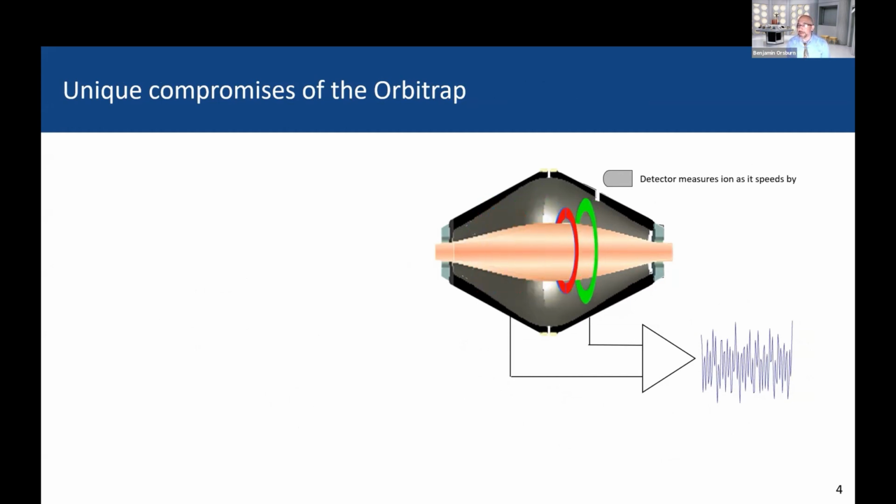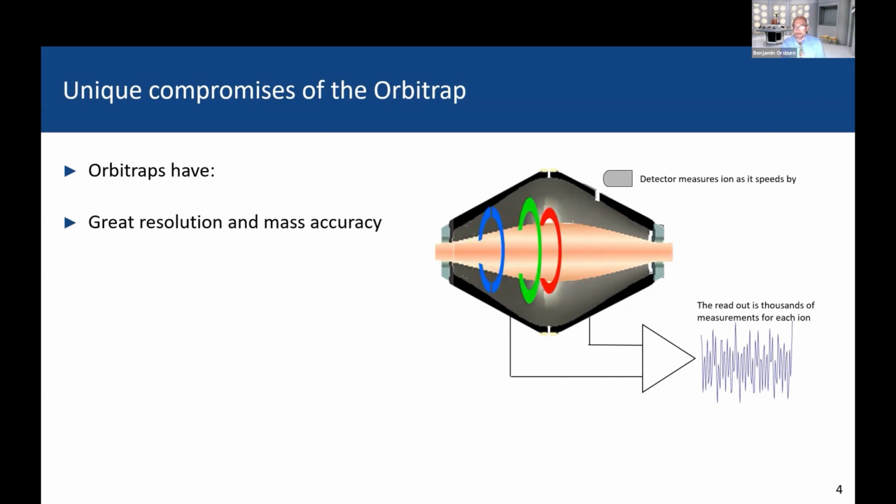And something that's important here is that the split ion detector, as you see on the upper side of this little cartoon, is where the ions are recorded as they pass by. We do not make actual contact with the detector. We pass by it thousands and thousands of times. And the averages of that, as we translate the frequency across, is what provides the great resolution and mass accuracy. But all along, we've known that there are some limitations to the Orbitrap in that we get decent sensitivity